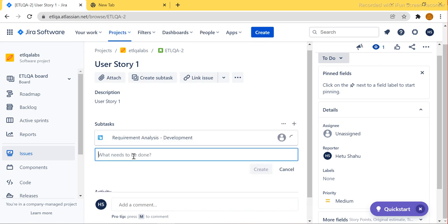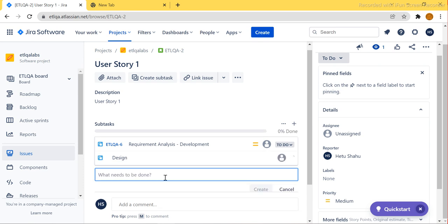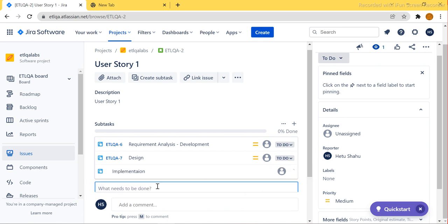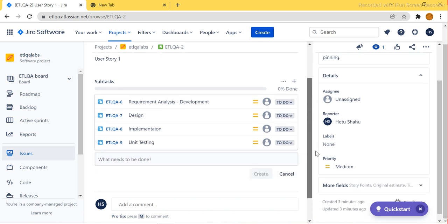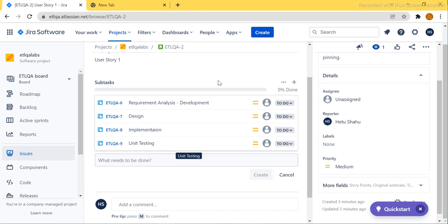One is done, and then I will say design. Then I will say implementation. Okay. And then I'll say unit testing. Okay. These are some of the tasks that will be for the developer. Now for testing, we have to